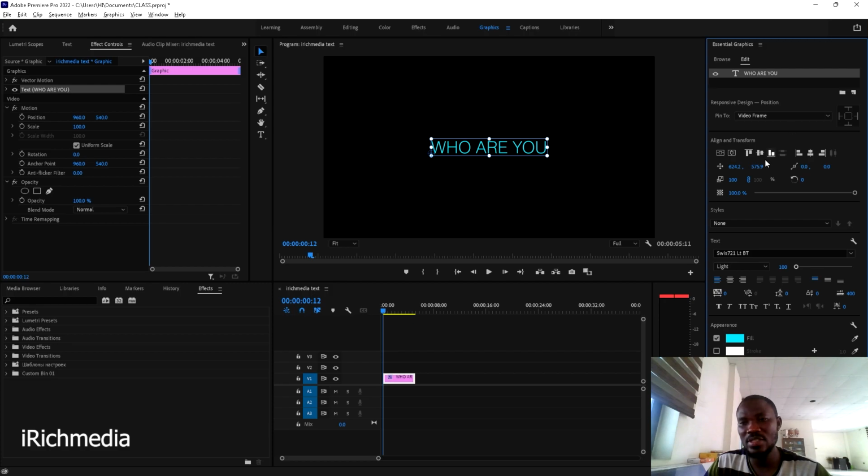Now anything you want to adjust here, you have to first of all click on the text, then come here. You will see the text will appear here. Click on the text here, then you do your adjustments here. This is the opacity level. If you think it's too bright, you can reduce